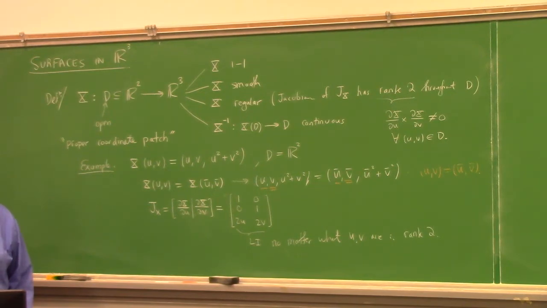Now you guys know Calc 3. What am I saying? I'm saying that a regular surface has a well-defined normal vector field, right? Because that's what this is. Partial x, partial u, cross partial x, partial v, that is the normal vector field to the surface. We'll come back to that eventually. It's going to be a while. We'll spend a long time talking about normal vector fields in here, hours.